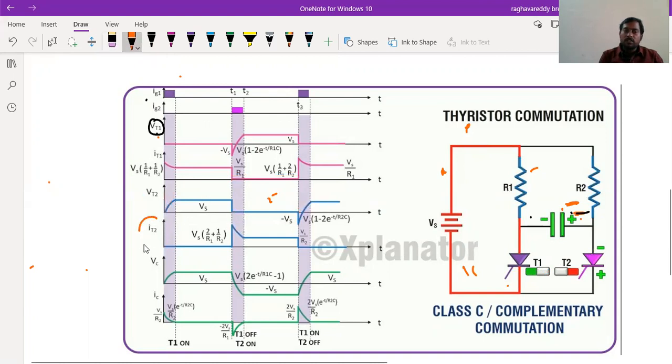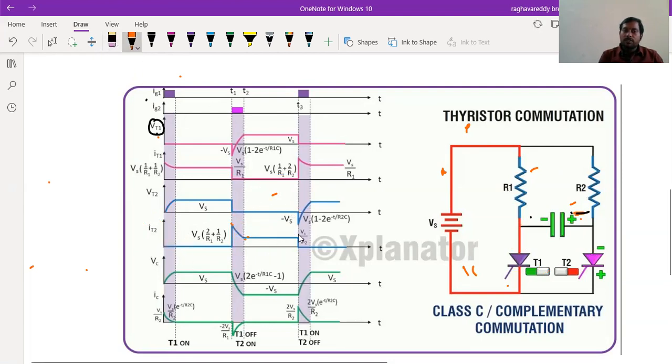Now, current through the thyristor T2. Initially two currents will be available, that is nothing but IC and I2. The IC current gradually decreases, exponentially decreases, until the IC current becomes 0. Then the only current available through the thyristor T2 is I2, nothing but current in this direction only. In this direction only the I2 current is available if the capacitor is fully charged in the plus or minus direction. Since the capacitor is fully charged, only the I2 current is available through thyristor T2.